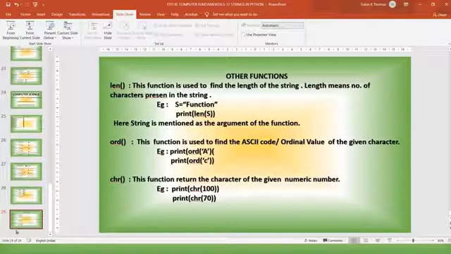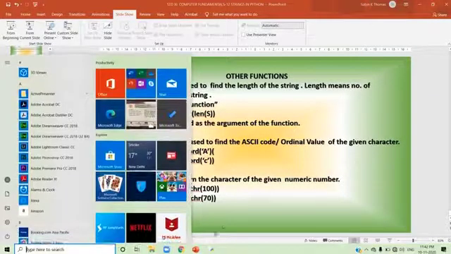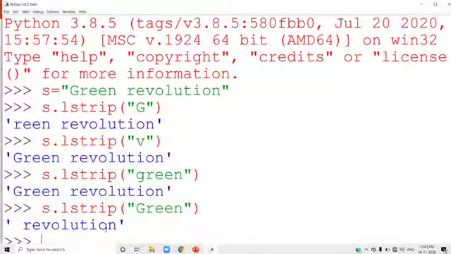I'll show you one example of how the len function works. I have S is "green revolution". Then I can write, see the way I'm using the len function, L-E-N. In the previous example, you have to write the method as S dot. Methods are always written by using dot. S is the string name, dot, its method name.